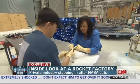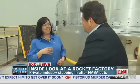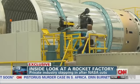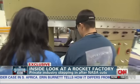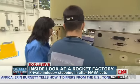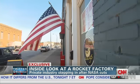Engineer Amy Pace oversees processing, a dream job. You know, not everybody can wake up and their job is to go build, test, and launch rockets. But more people are lately, a sign of a healthy industry. ULA has added 200 employees in 2 years, most good-paying high-tech jobs that have boosted the economies of both Decatur